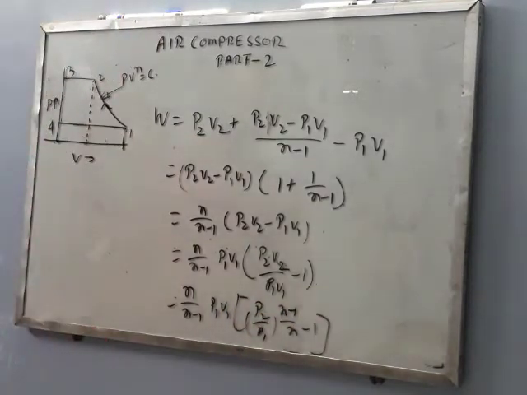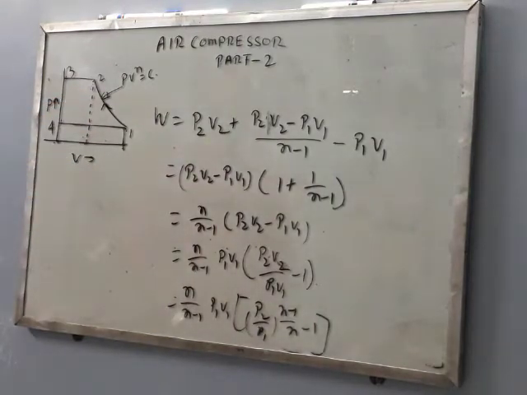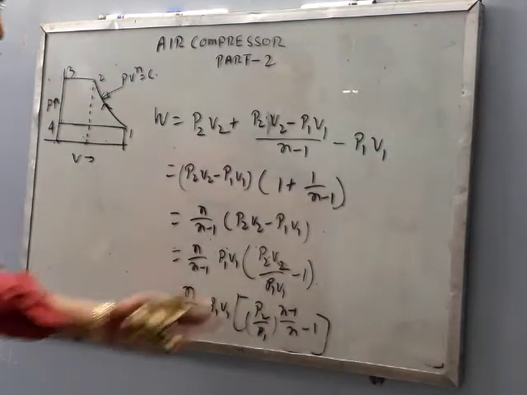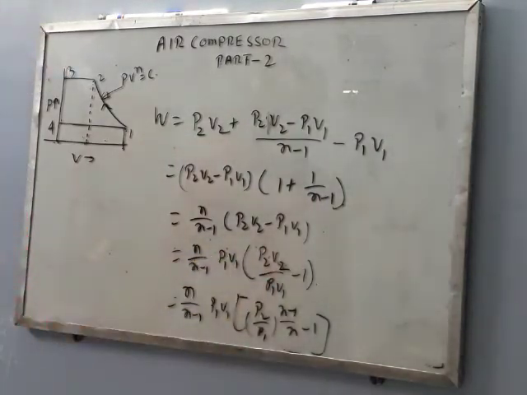So that will be the work done on the air in case of without clearance. Now, how can we find this P2 V2 by P1 V1? This is easily understandable because